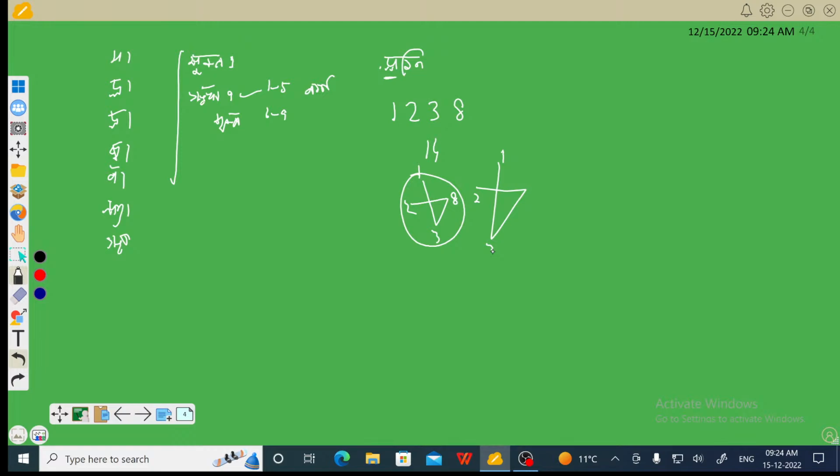So peripherally, we are reaching at 1, 2, 3, and 8. Or otherwise, we are reaching 1 to 3, then to 2, then to 8. In the reverse orientation, it will be from 8 to 2, and from 2 to 3, and from 3 to 1. Within 8 directions,